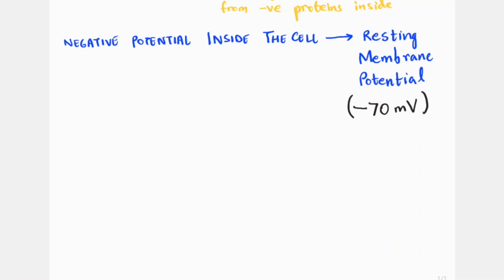If you can just look at the implications for a bit, this implies that the cell is always polarized, right? It's always polar. It has a positive polarity outside and a negative polarity inside. So it's always polarized. And this polarization is very important for the property of neuron, which is excitability. Neuro excitability. Now, let's move on to the next slide, and we'll talk about neuro excitability.